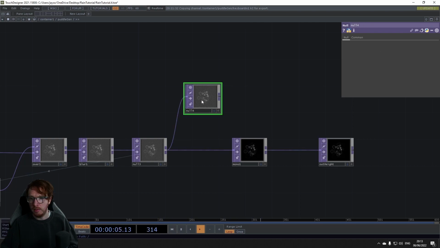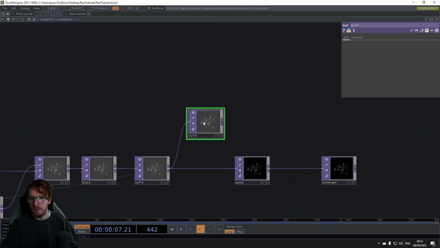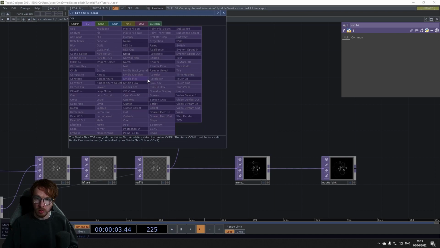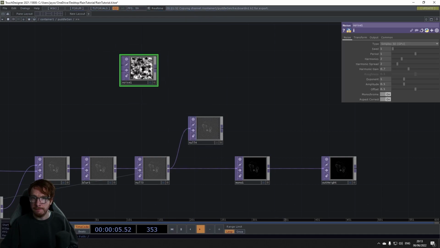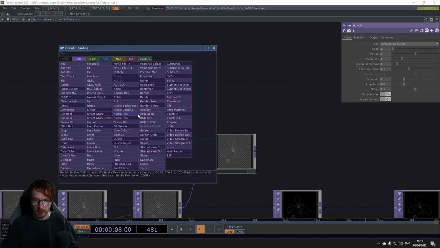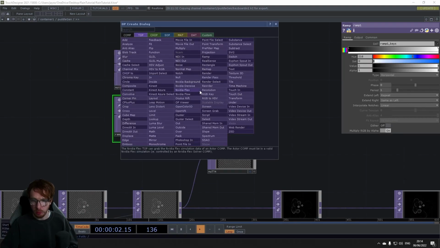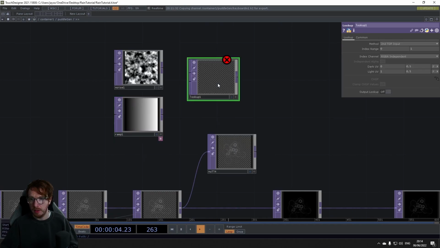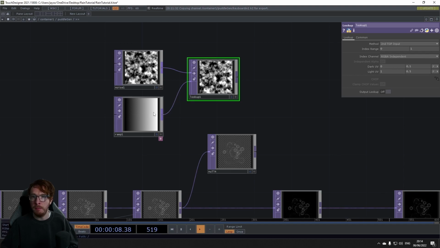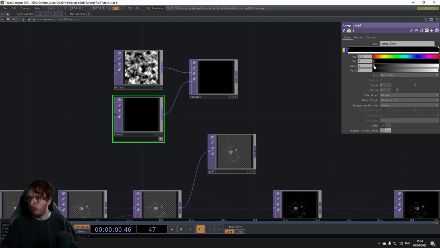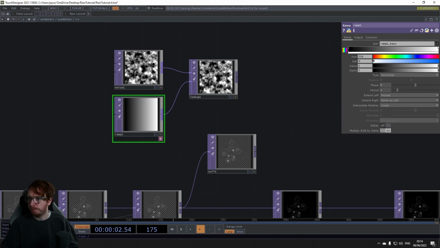And what do we need to make here? A color map of some kind. Yes. Let's make a noise. And let's make a ramp, just to make something watery looking, and a lookup. And we'll plug the noise into the lookup and the ramp in, and now pick some watery colors on here